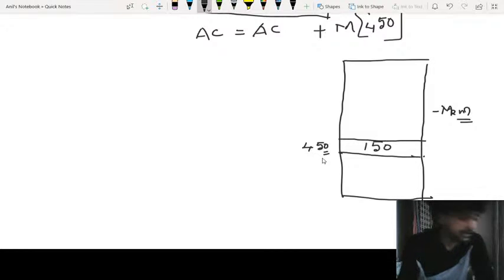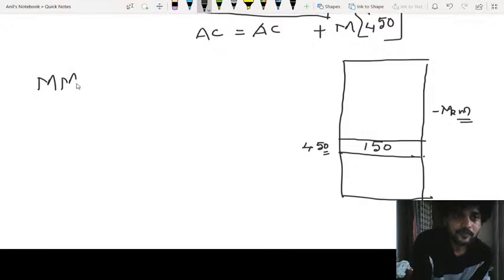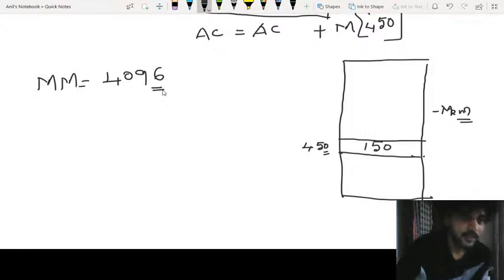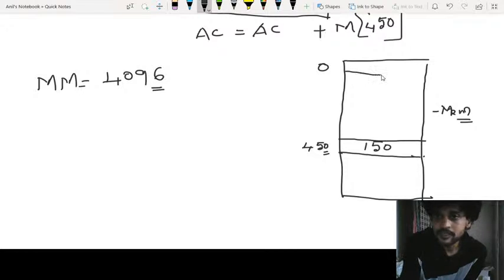This is main memory. Good. Stay focused here. My main memory size is equal to 4096 words. Total main memory size is from here to here. This is the 0th location, and